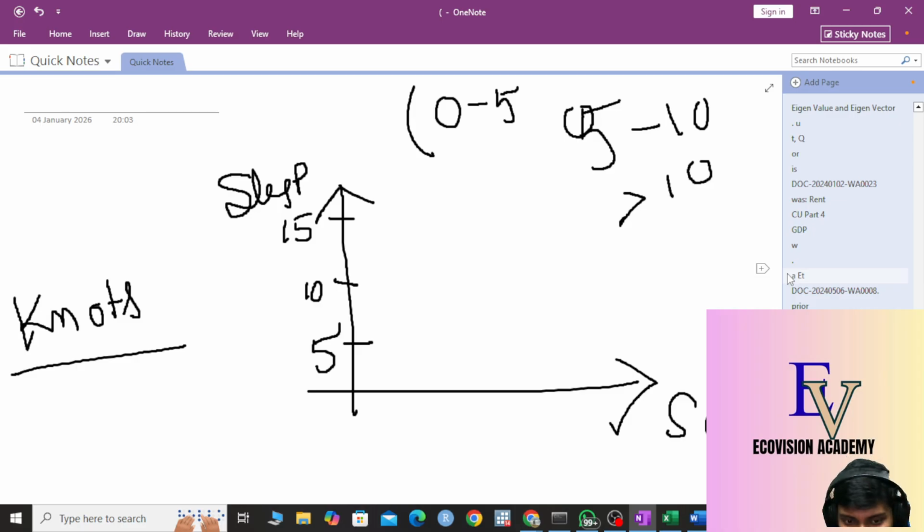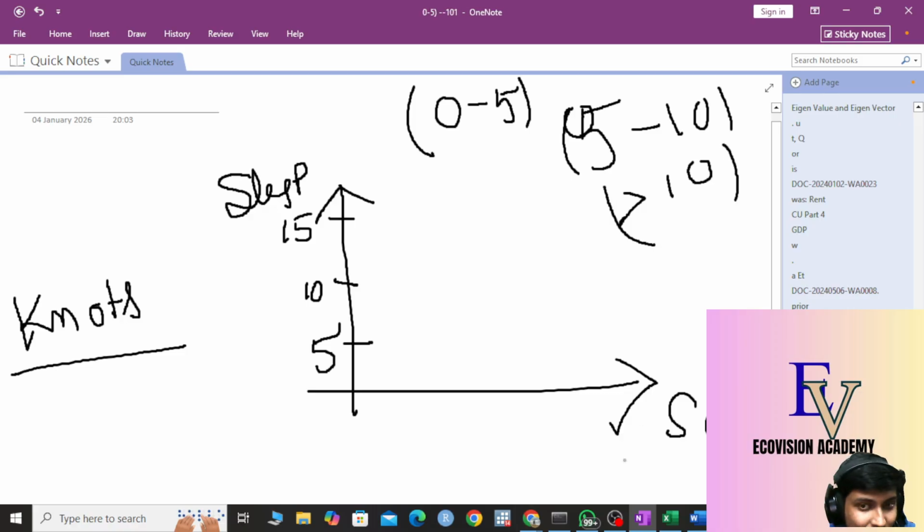Do you know what a cumulative polygon is? How do we generate a cumulative polygon? By drawing a histogram first, and at the middle of the histogram we draw points and join them. Just like that, spline regression fits